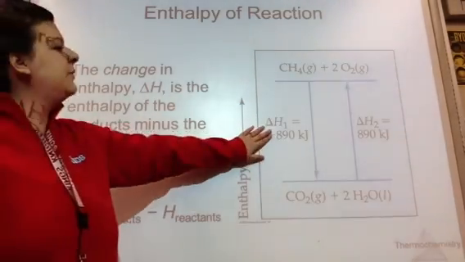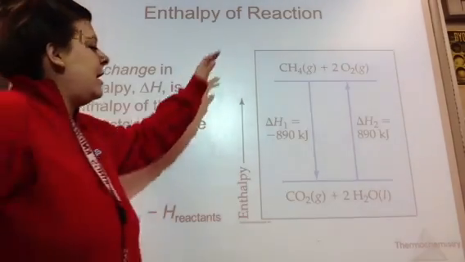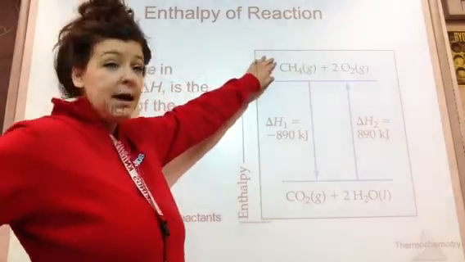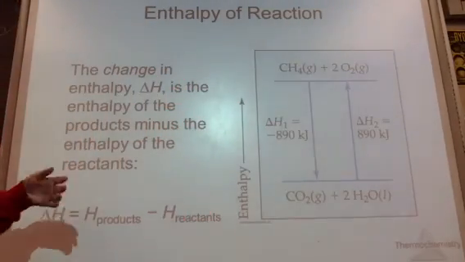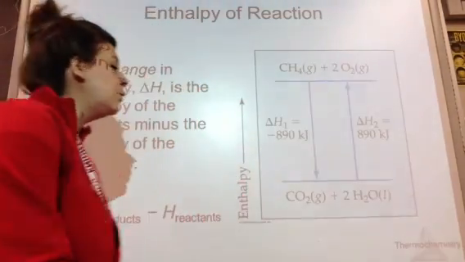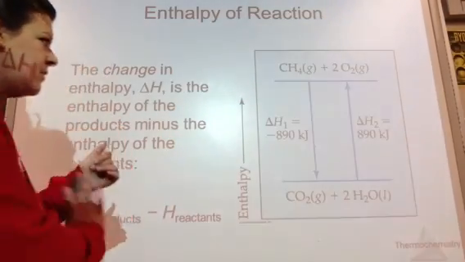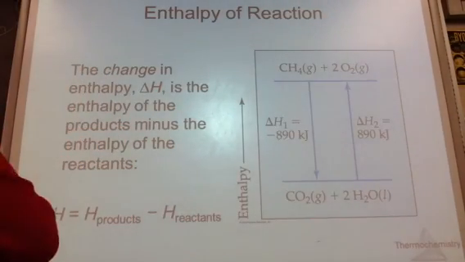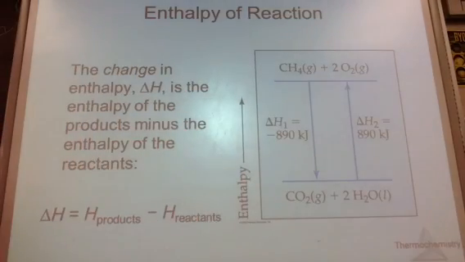Now, this is another energy diagram, and it's showing that I'm going to react methane gas with oxygen gas. So I'm going to combust methane in air, and I'm going to produce carbon dioxide and water. If, for example, I have two different values here, so with those,